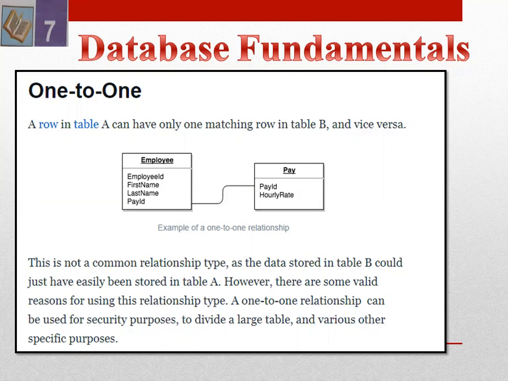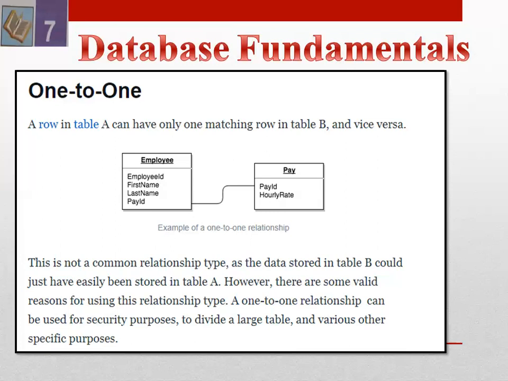So the one-to-one relationship type is used when for each instance in the first entity class, there is only one instance in the second entity class, and for each instance in the second entity class, there is only one instance in the first entity class. Like the example, one more example you can view here: the chairman runs department, manager manages branch. So all these are examples of one-to-one relationship.